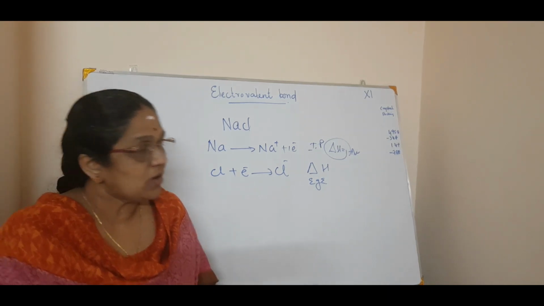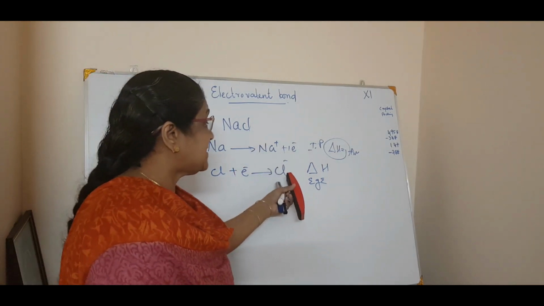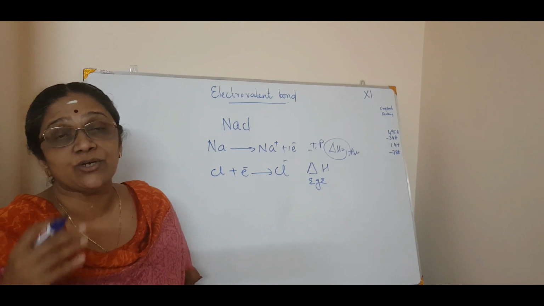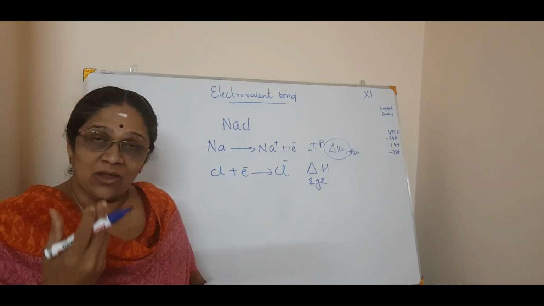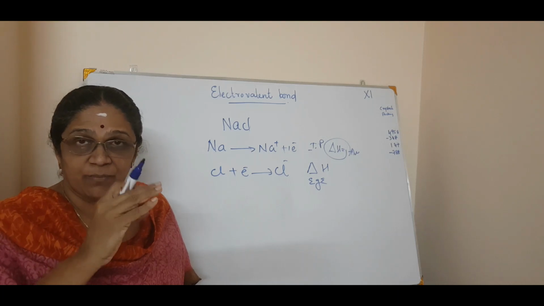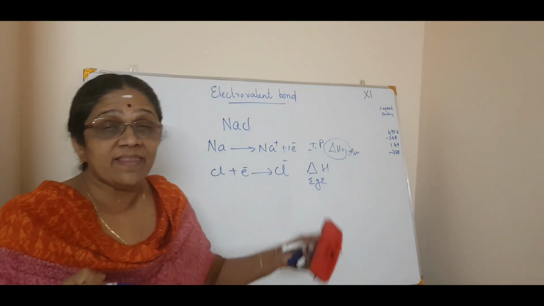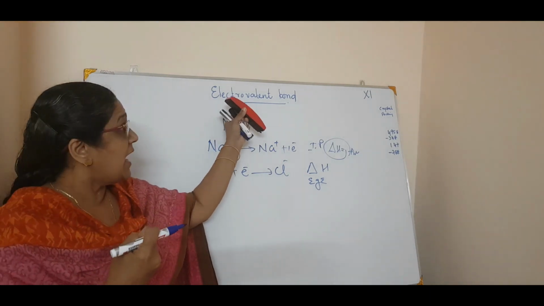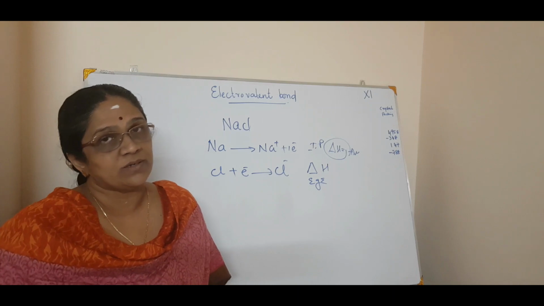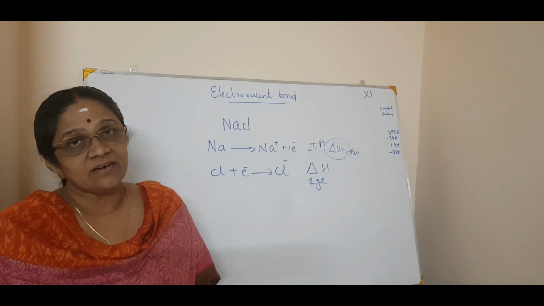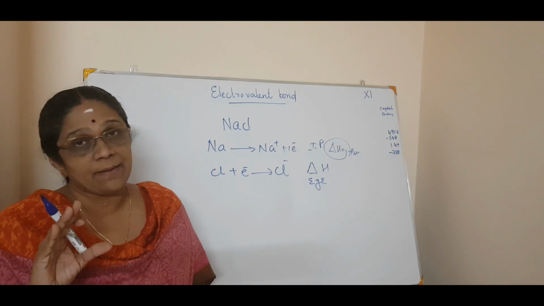Okay. So, after these two processes, what happens? The Na plus and Cl minus will combine together to form what? A crystal lattice, with an ionic, electrostatic force of attraction between them. So they will attract each other and form a bond, and that is called an electrovalent bond or an ionic bond. So, is it clear? You know how the formation of an ionic bond happens.